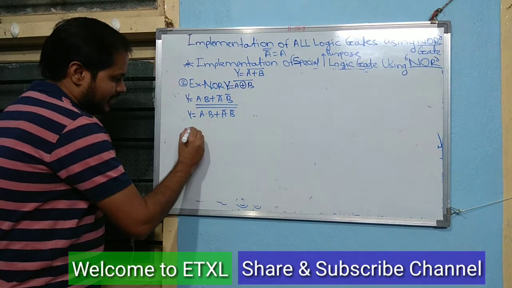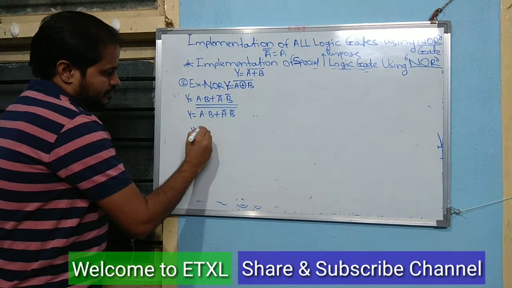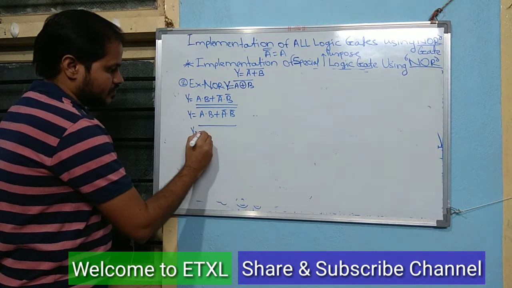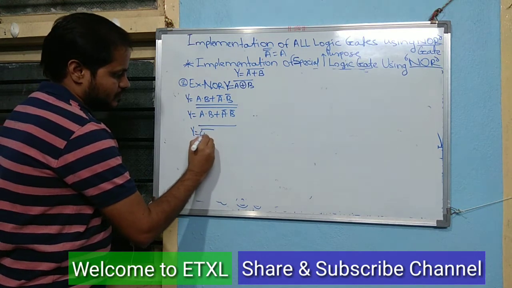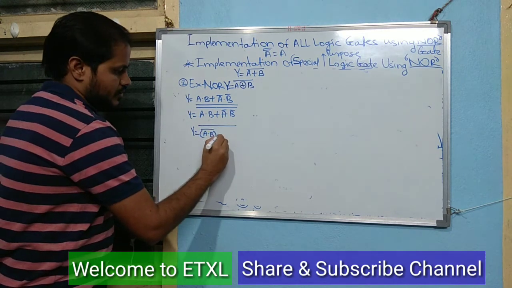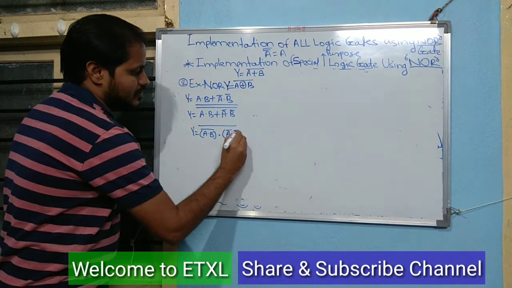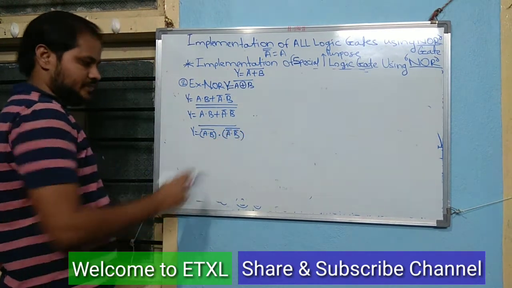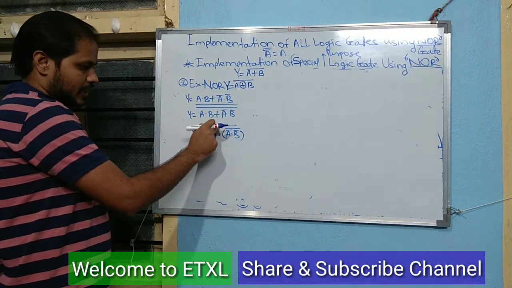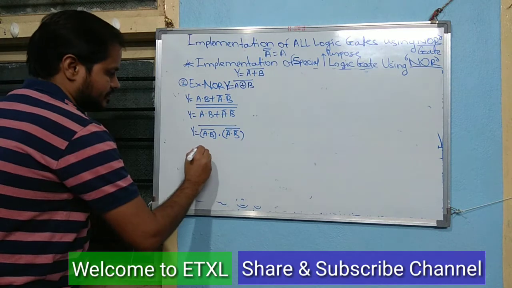Then Y is equal to A into B, here is the multiplication, A bar into B bar, whole of this bar. Again I have applied De Morgan's theorem, applying this complement inside these equations, then the equation becomes